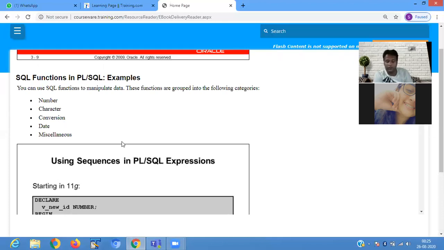Some of the SQL functions we use are number, character, conversion, date, and miscellaneous functions.